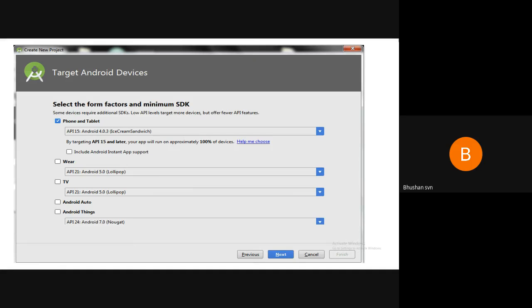As of now, the current API version is, I think, 30. We have to select from these options where you want to execute your applications or programs. Since you have to execute them on the mobile platform, you have to use target devices.